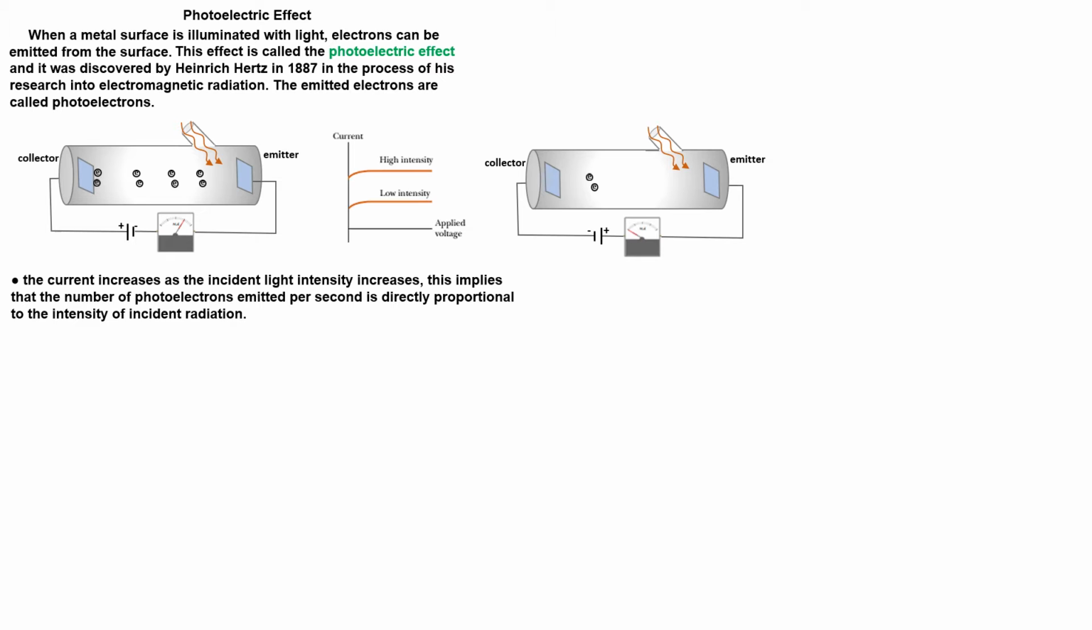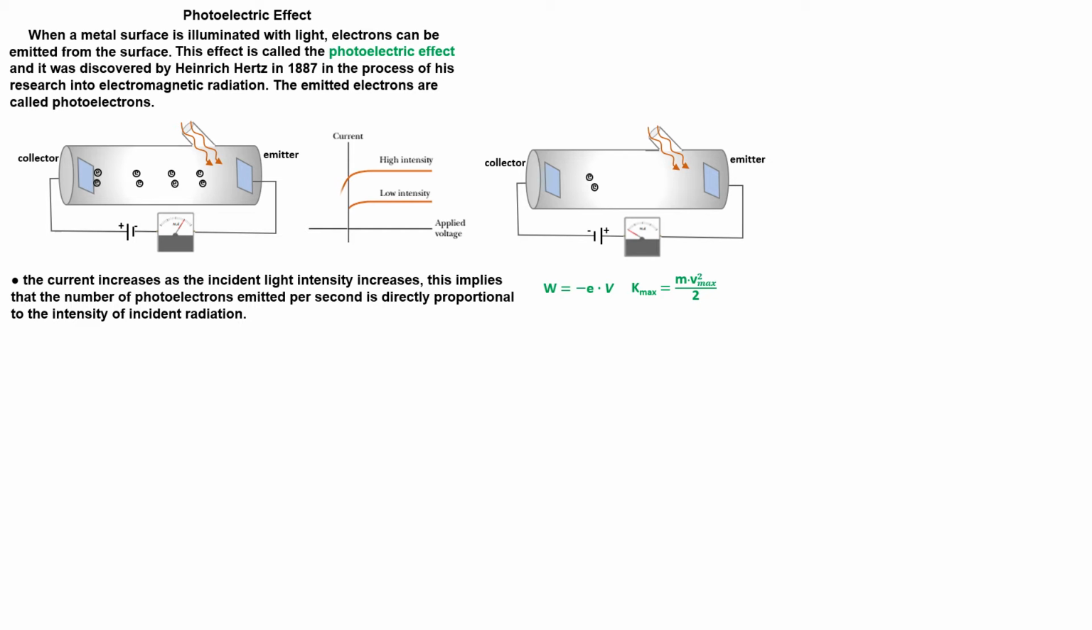This can be done by using a variable voltage source and reversing the terminals, so that the emitter plate is positive and the collector plate is negative. As an electron moves from right to left, the potential decreases and negative work is done on the electron. This negative work is given by charge times potential. The electrons are repelled and only the most energetic electrons are able to reach the collector. The initial kinetic energy of the most energetic electrons is given by